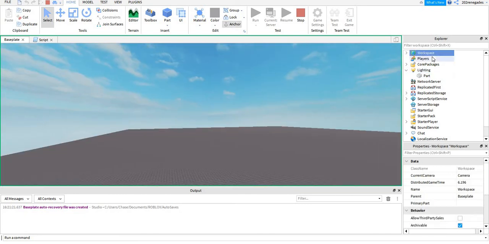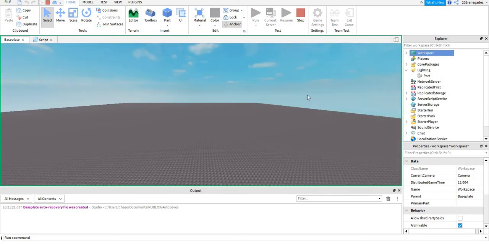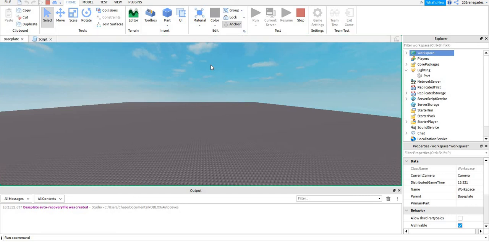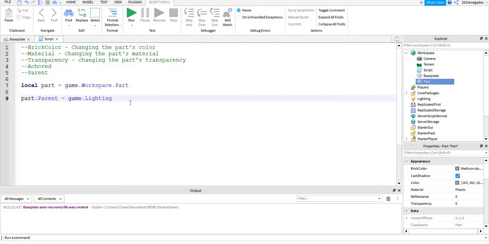But you can only see an object if it's in the workspace, because the workspace is basically what you see in the game. All this other stuff you don't see in the game. But yeah, if I stop that, you can just put it back in the workspace, see? And I can just get rid of this. And that's all the properties